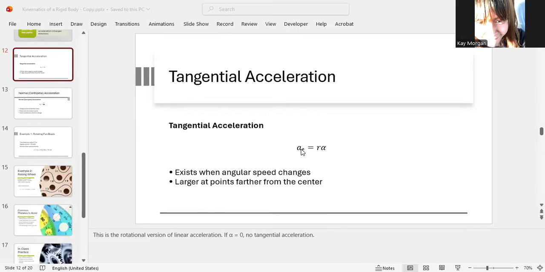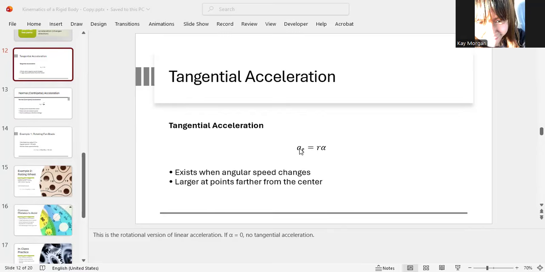Every time there is a linear tangential, it is always gauged with your r, okay, how far away. So this is going to tell you the points farther from the center of the rotation. Again, we gauge with r. r is always measured away from the center of the axis. So far away from the center, you're going to have larger r. So your rigid body is going to experience a larger tangential acceleration because of this formula. This one goes up, this one will definitely go up. It's your algebra.